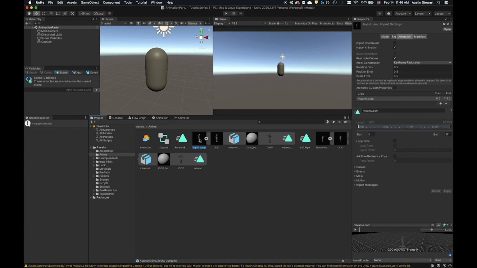So first, these automatically, when we create them, are set to loop in time. Basically, when it gets to the end of the clip, it should play it back again and again and again. To do that here, we need to select our object, and we're going to be applying both animation clips to Joyful Jump